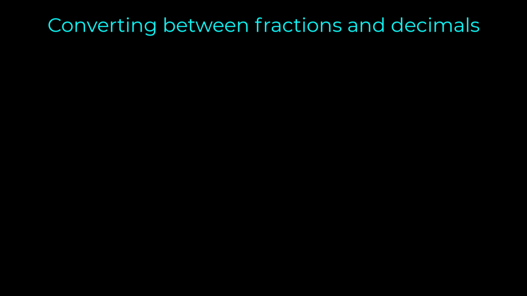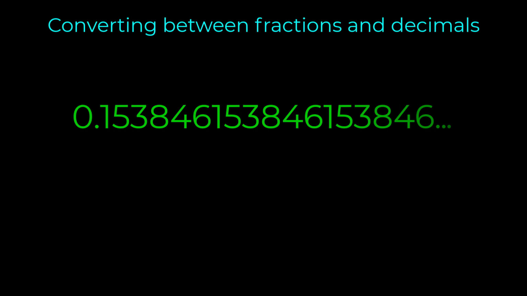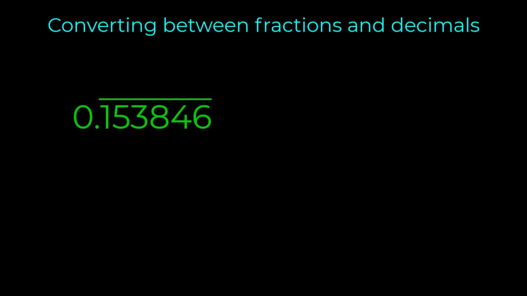Take this one, for example, 0.153846 153846 153846. If you study it long enough, you can see the repeating pattern. I'll express it using the proper notation as follows. Now let's try to convert this back to its original fraction. The decimal repeats every 6 decimal places, so if I take the first full repetition, the 6th decimal place is the millionths place. So my fraction is